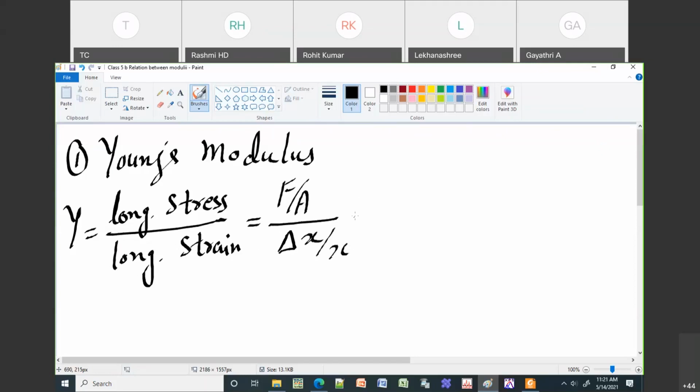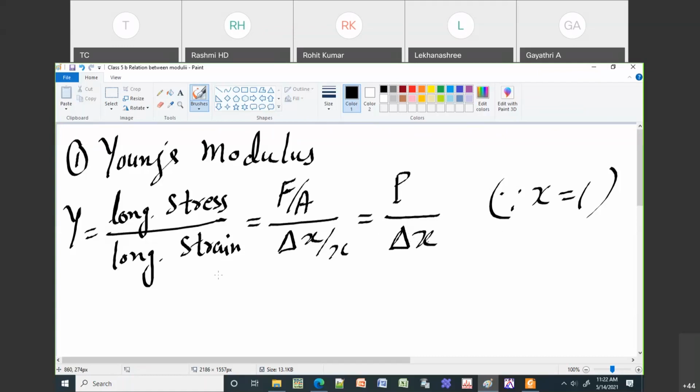Okay, so now if you take the force per area, that is what we call the pressure that we are applying, and then divided by delta x, and x equals 1, because all the sides are equal to 1, x equals y equals z equals 1. So force by area is nothing but the pressure P, and delta x is the change in length by original length. Since x is equal to 1, I'm just writing delta x.